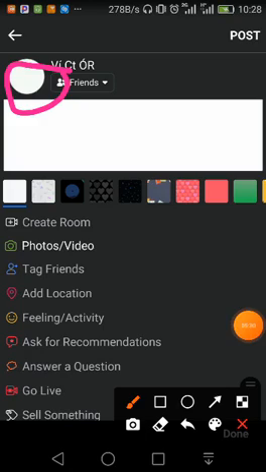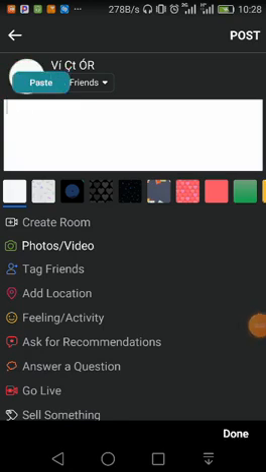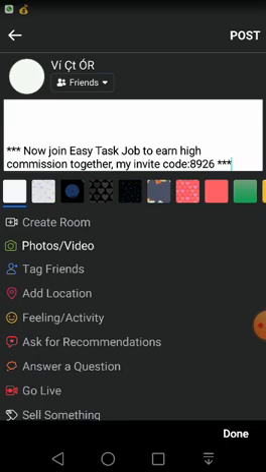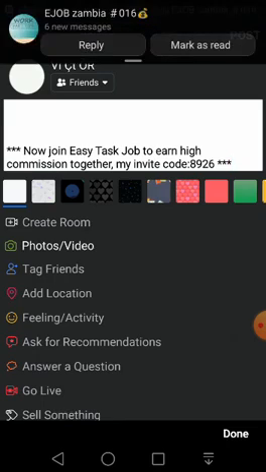Paste it somewhere. I'm sure you also do it. Then paste. You click there. After you click on paste, it means more copying. It's now here. So one thing remaining.